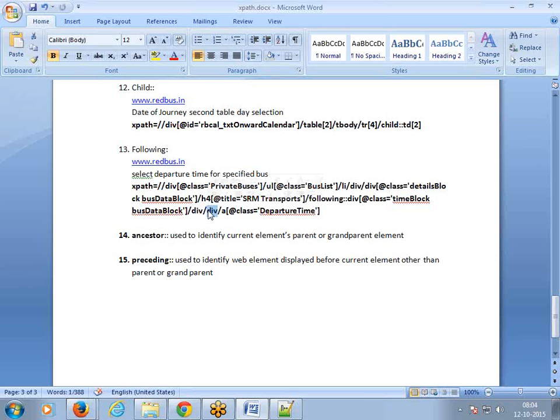Instead of division, suppose in this position sometimes it is a division, sometimes it is a span element. That means dynamically, this element keeps changing at this position in the HTML file. So I'm not sure what element is present right now at this position. Then how to define that? There are two ways. Without knowing the element present at this position, how can you identify it without using the element name? We can define it like this: two double slashes, or we can define it like this: